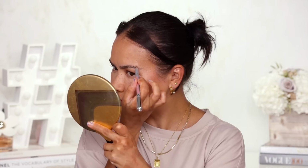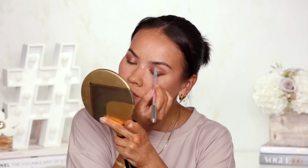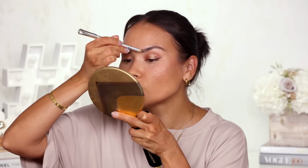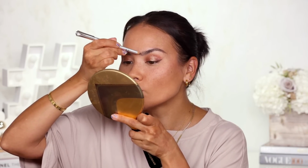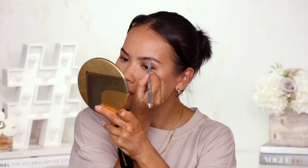I wouldn't necessarily call this a volumizing pencil. Supposedly this has fibers. I don't see any fibers. What I do see is a very easy, very powdery type of pencil that you can use on your bare brows, or even if you have your brow gel already on, like I do right now. This is just an easy product to clean up and perfect the brow and give it more shape